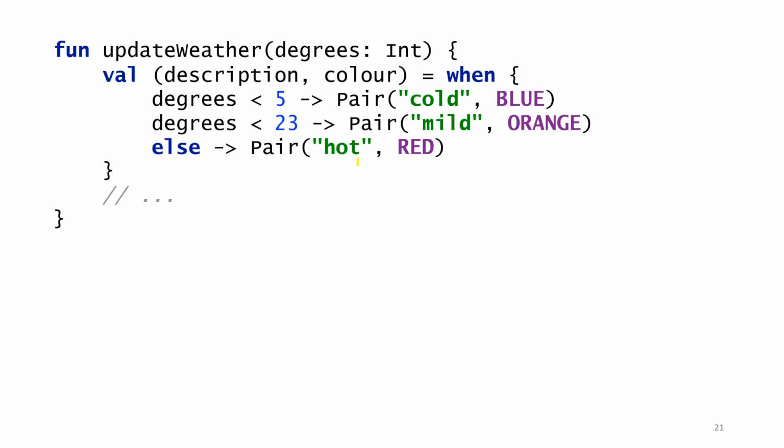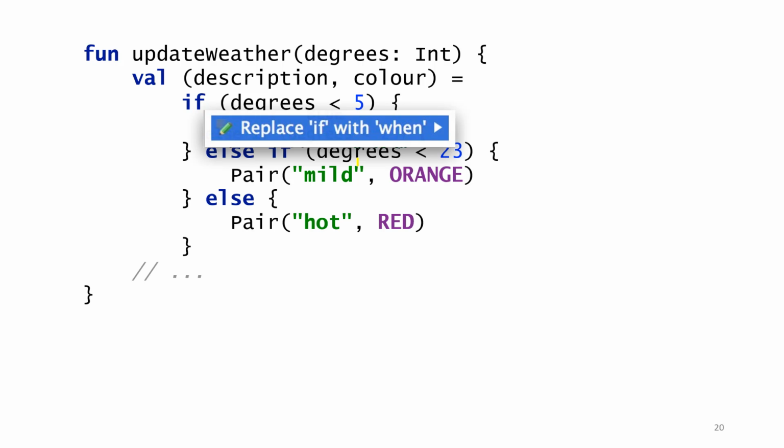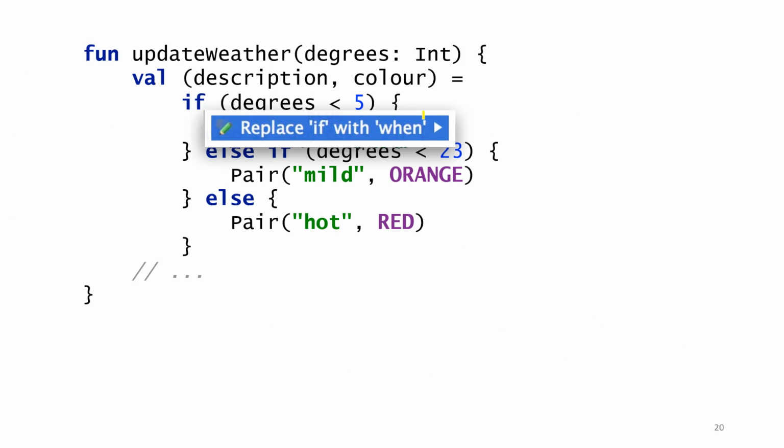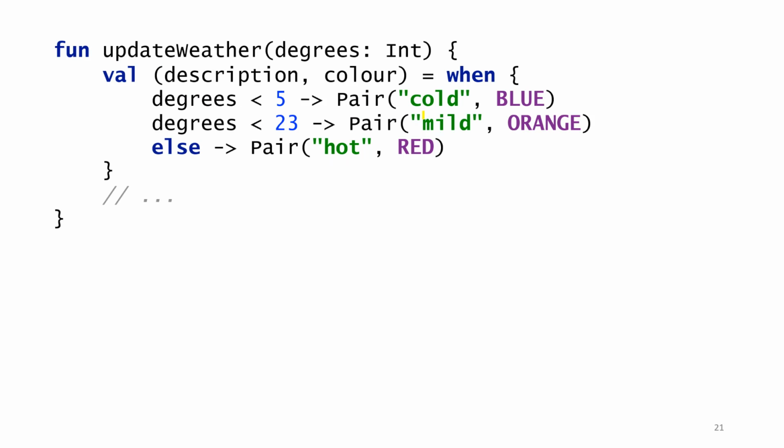So you see that it has made your code more readable. Then if degree is less than 5, you execute pair cold which is equal to blue, like you make key value pairs, else pair hot and red. So it depends upon the condition. Okay, moving on.